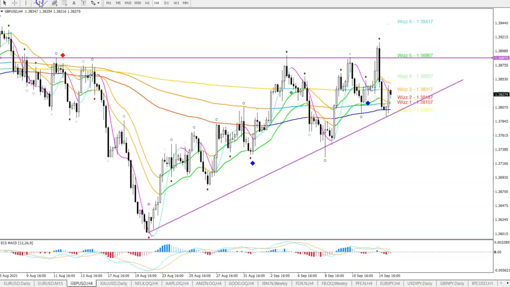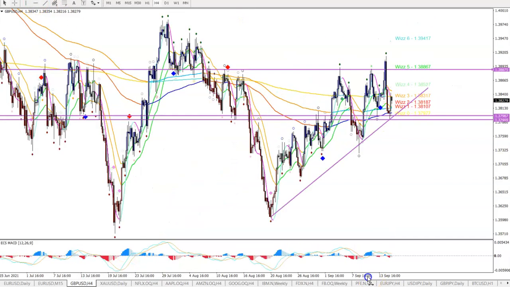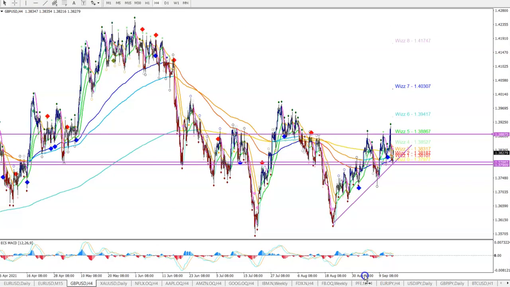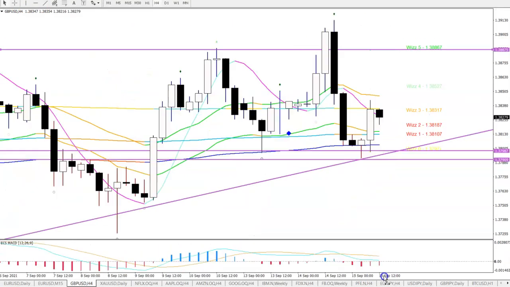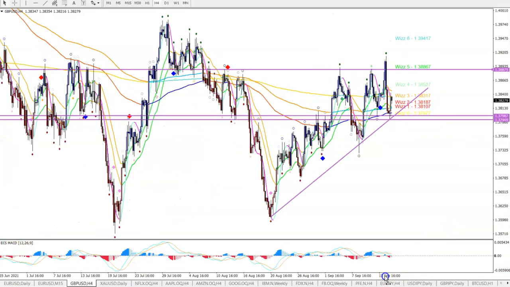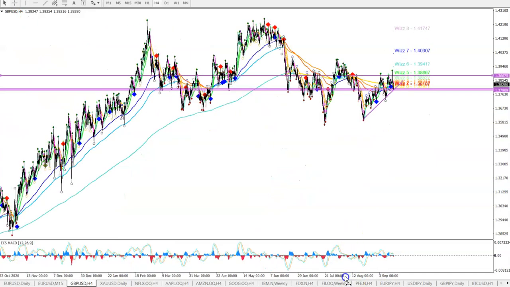It's almost like the cable has no direction, and I think maybe that's the best term at this moment. If we look at the moving averages, we could see that they're flat, they're on top of each other. So that is always a little bit of a tricky environment, and maybe I should have known better on Monday and last week that that's not a good signal, and typically a very nasty environment for any particular trades when it's so squeezed. But anyhow, looking at the bigger picture though,